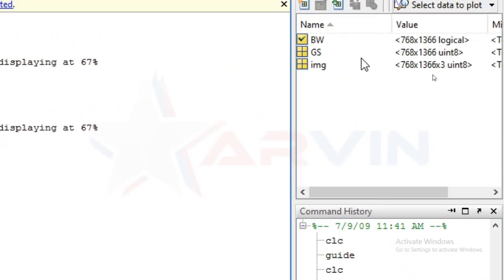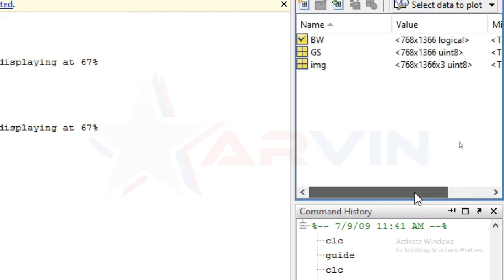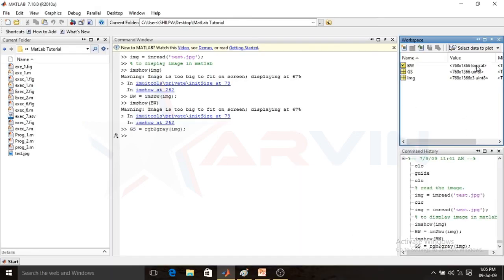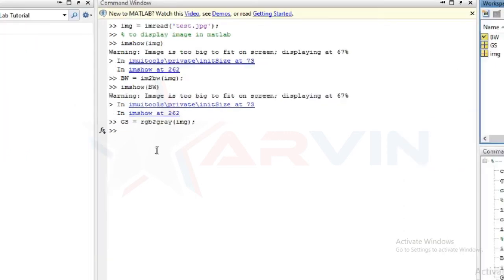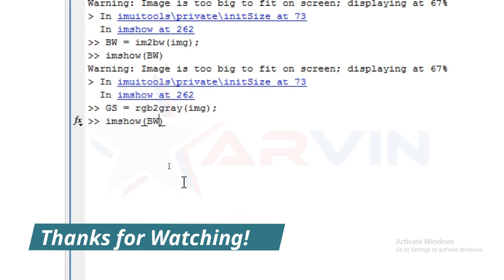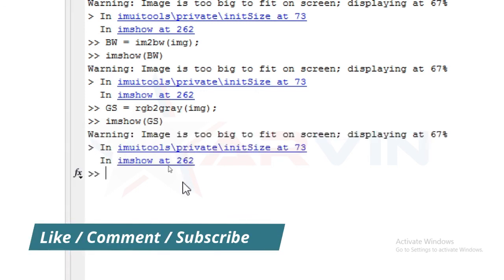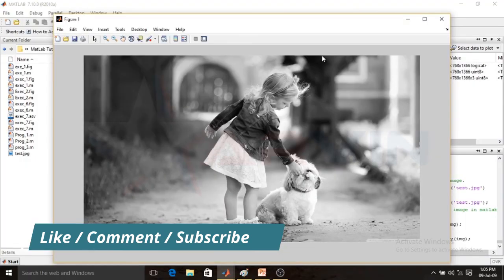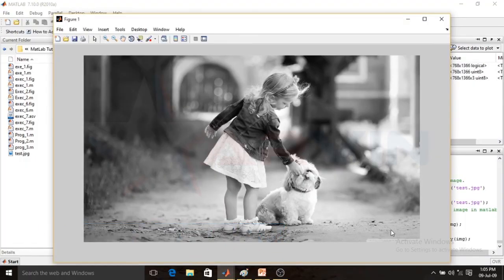The size remains the same, the units remain the same, but the into 3 is missing because a grayscale image has only one layer. So we can see the grayscale image by using the imshow command again. So here is our grayscale image that is converted from the original image.